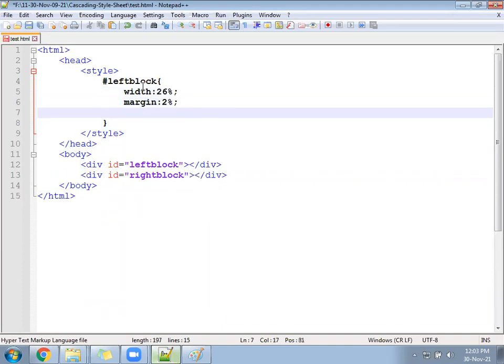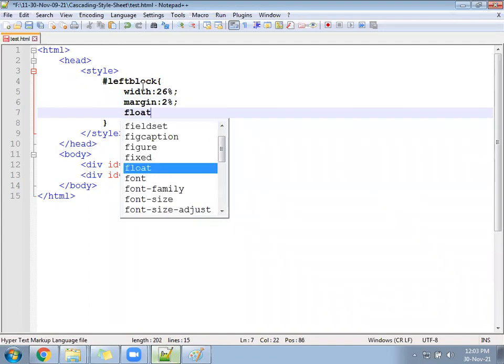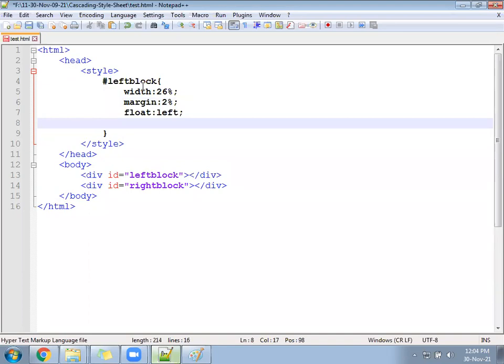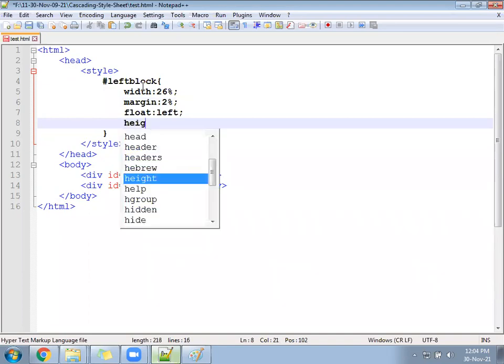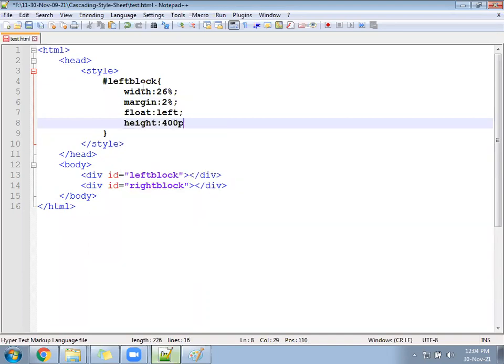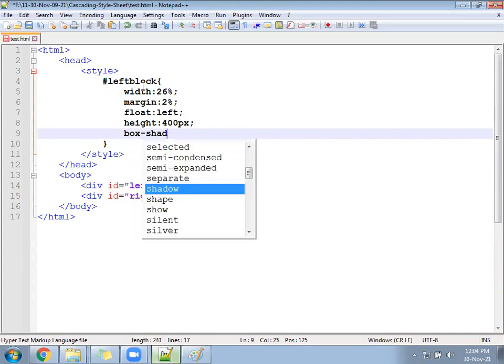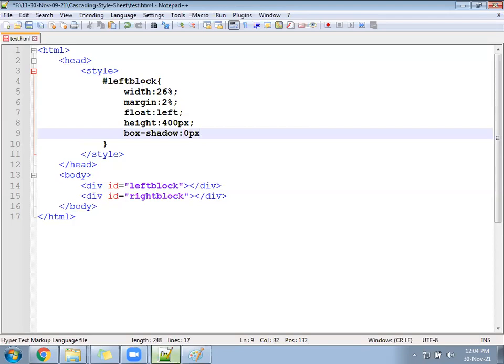Then float left, then height 400 px, then margin, float, height, then box shadow 0 px, maybe 2 px, red color.